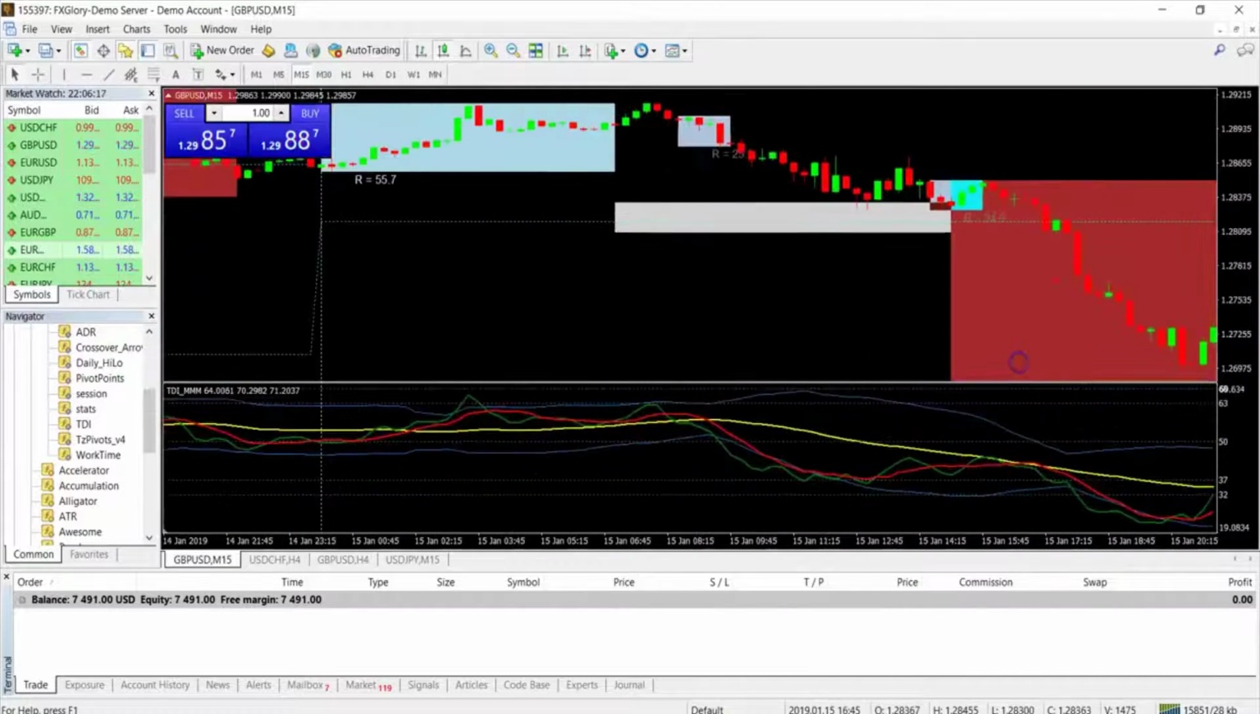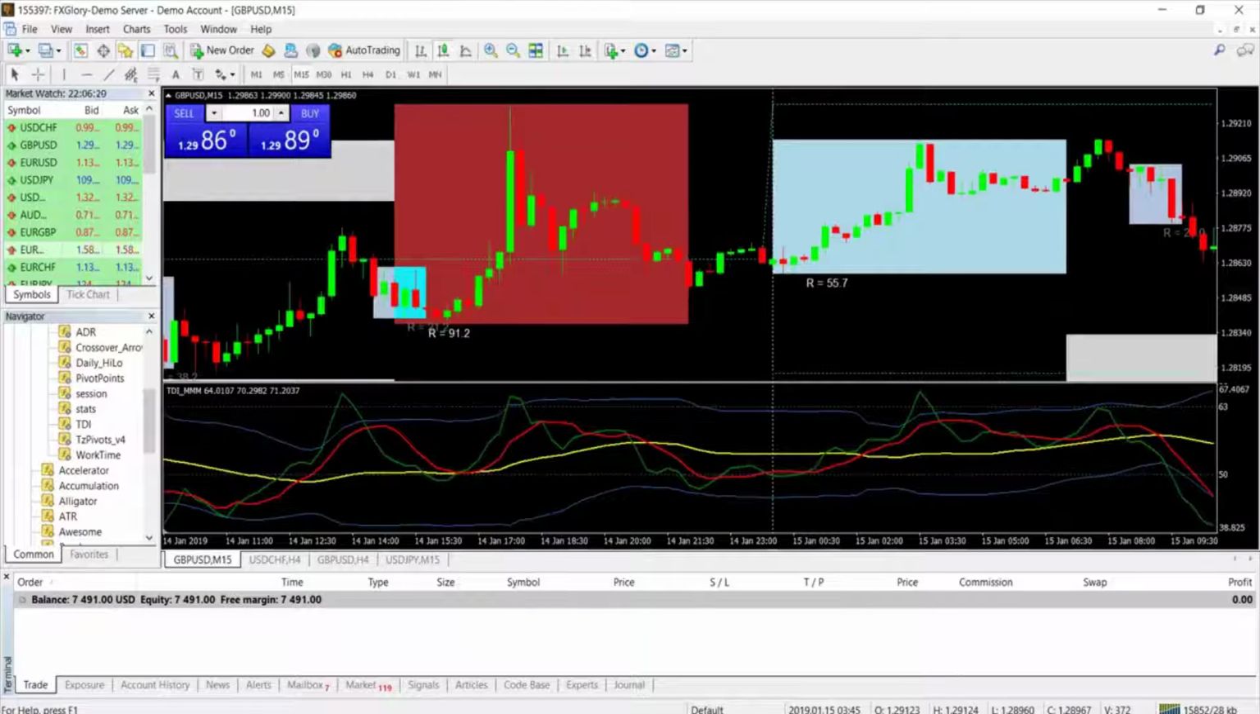Looking for some setups, and most of the time I tell people, do not trade unless you see setups. If you don't see any setups, then do not trade, because you will lose. Only trade when you see setups, right? So for instance, guys,